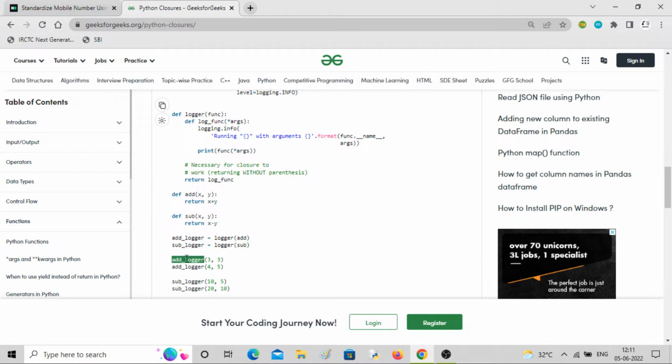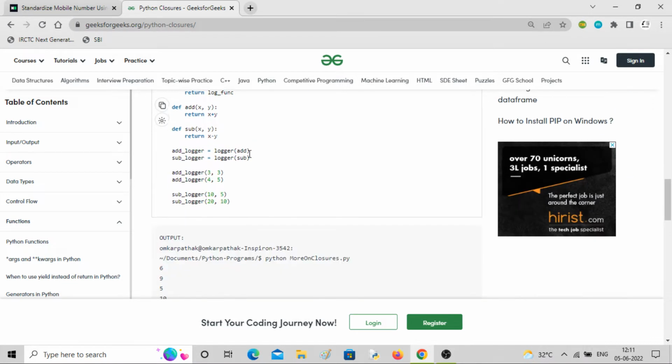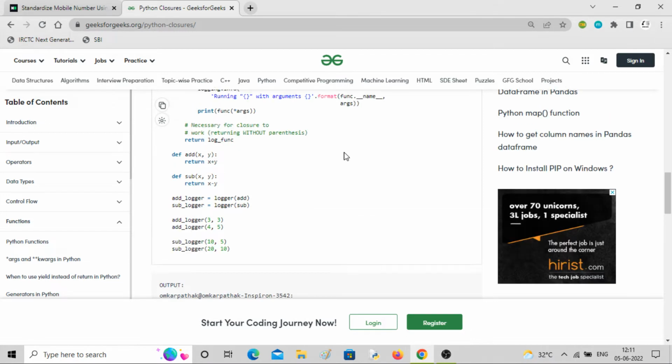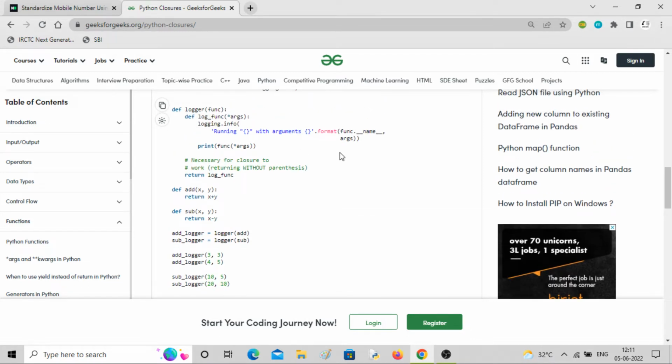Now if you call add logger comma 3, what you are doing is it is directly coming to this. Arguments are 3, 3. It is running some file and it is printing the argument. So here you can see it is printing 3 plus 3, right? How is it doing it? You can see